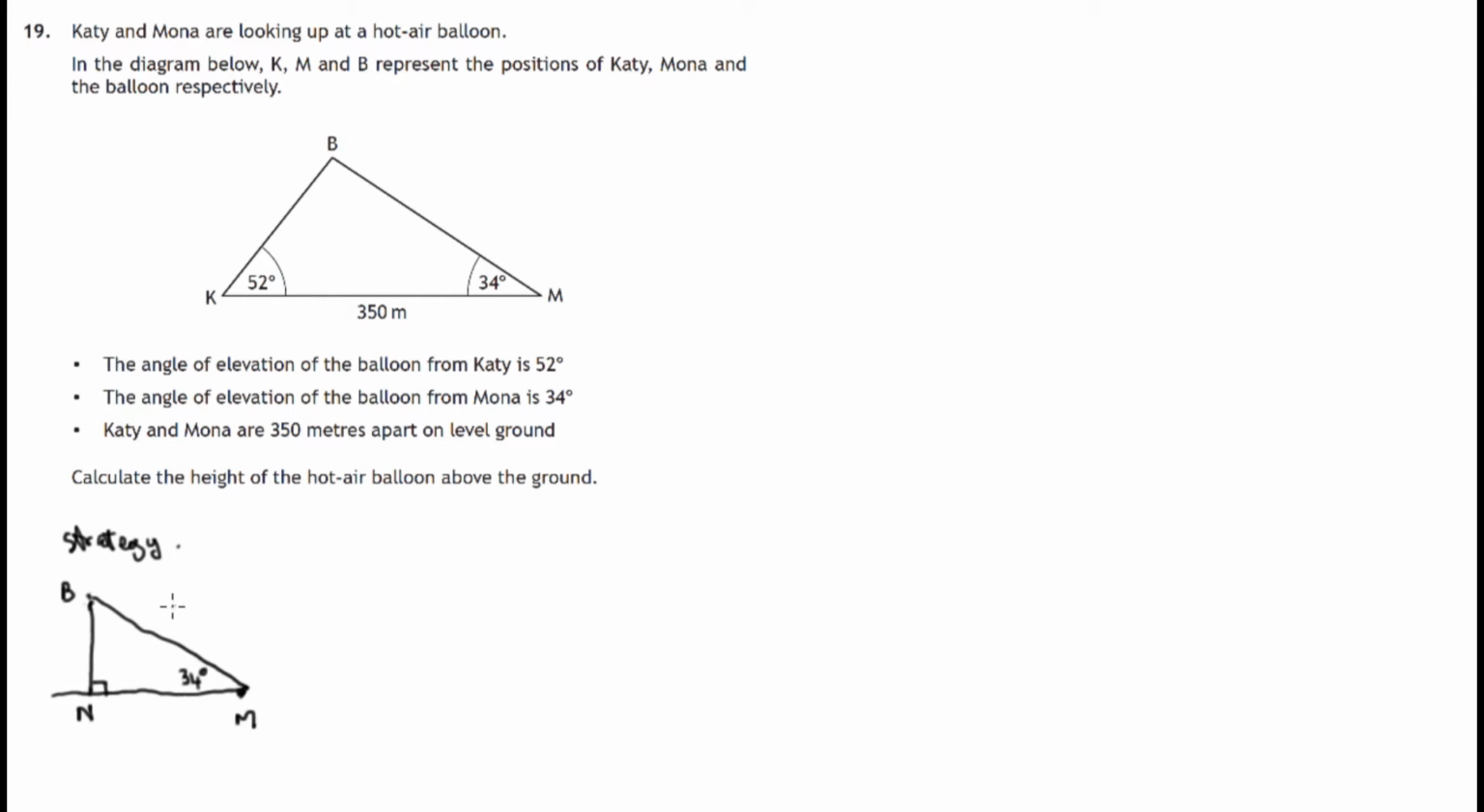And we're going to concentrate on side BM, because if we look at the whole triangle, this side BM we can find, because we've enough information. We've got 52 degrees, we've got 34 degrees, and we've got 350 meters for this side. Two angles, then the side in between them, we should be able to use the sine rule to find BM. So we'll find BM,